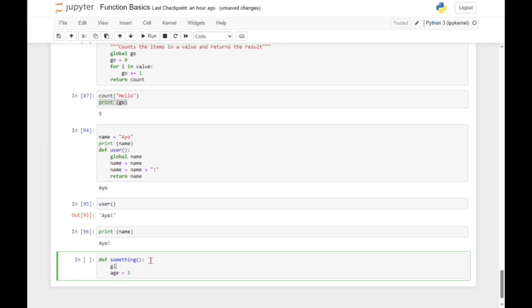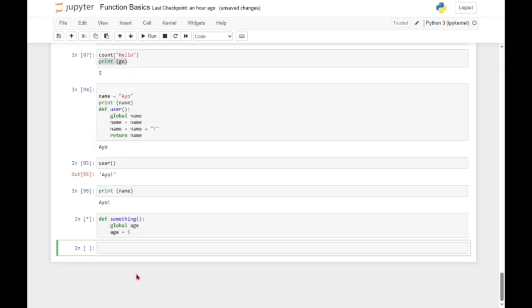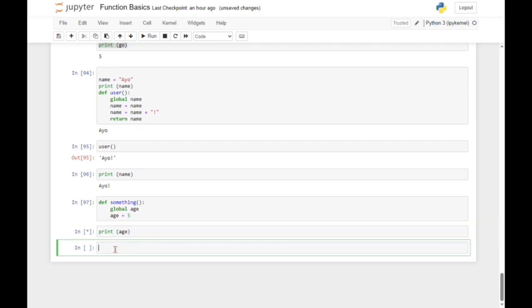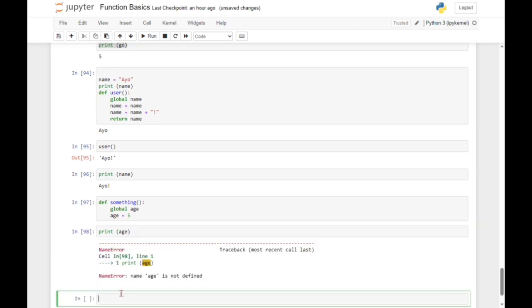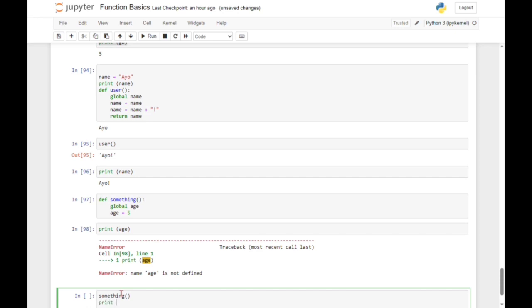So let's make it a global age, and then this function does nothing naturally. Let's just leave it like this, it doesn't matter. So anytime we call something, normally, before we call something, if we say print age, we should get an error unless I've called age before. Okay, age is not defined. But when we call something, and then we print age,